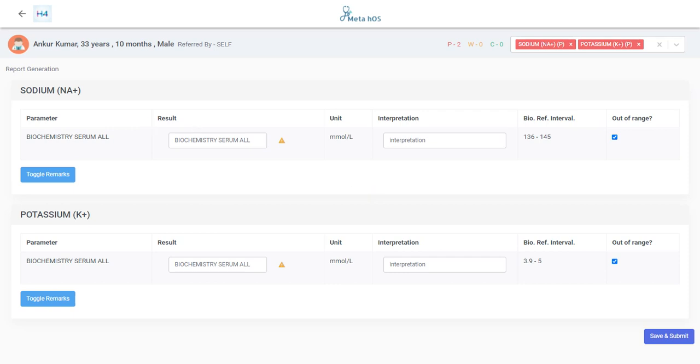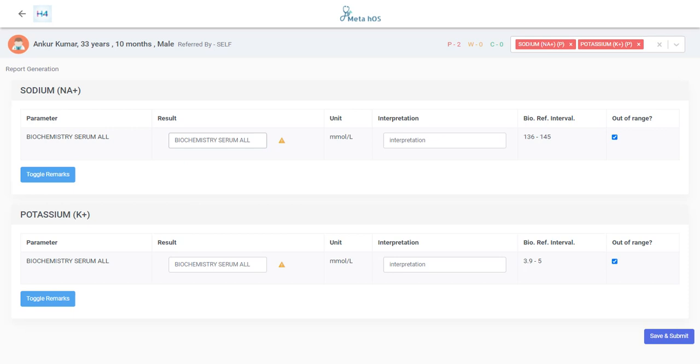So there are two boxes. One is for result of sodium or the test which has been selected. We have to enter the value received from the biochemistry analyzer here.